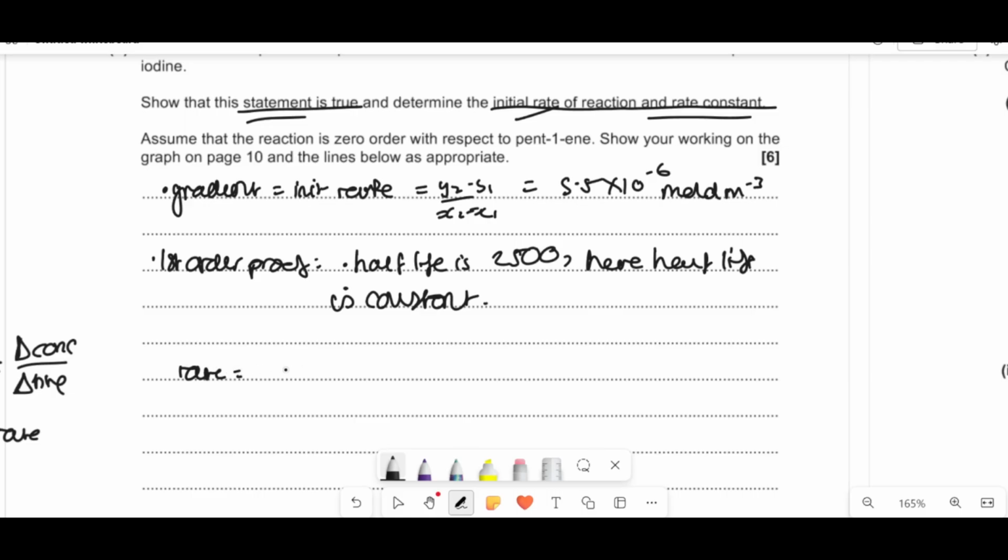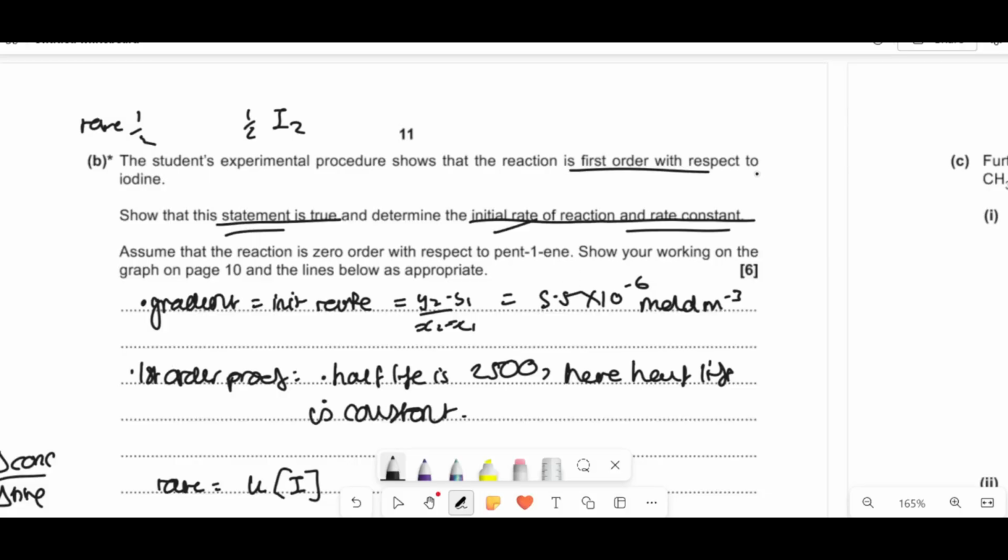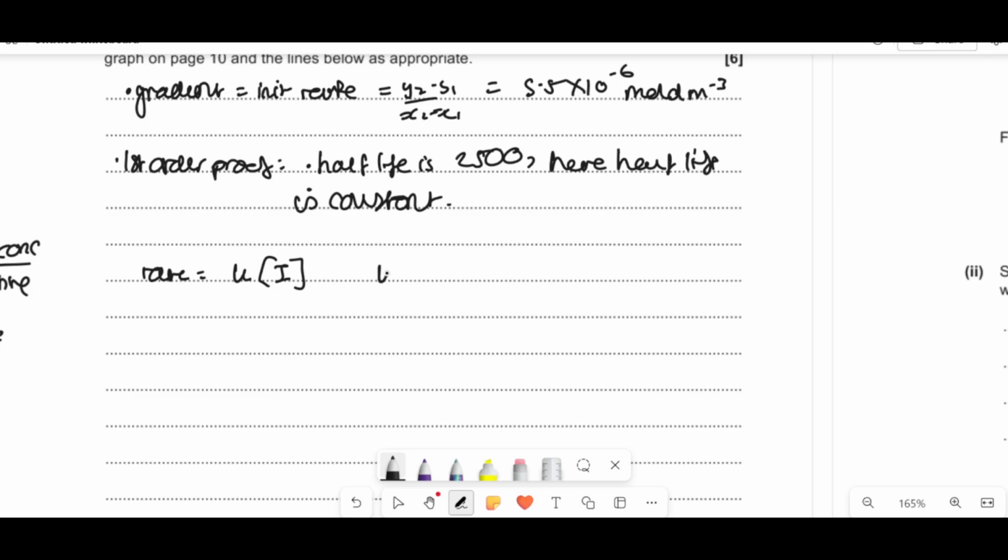So rate equals k times [I], first order. They've told you that, and they've also told you here as well. And they've also told you to assume that the other one is 0. So then to work out the constant, what you would do is k equals the rate over the concentration of